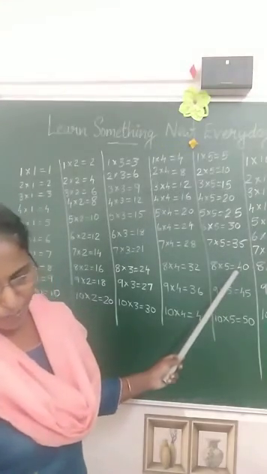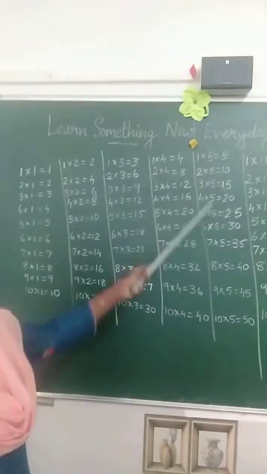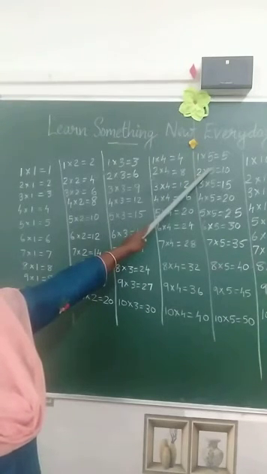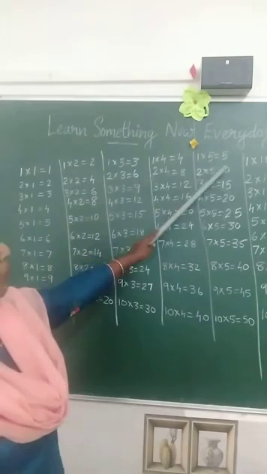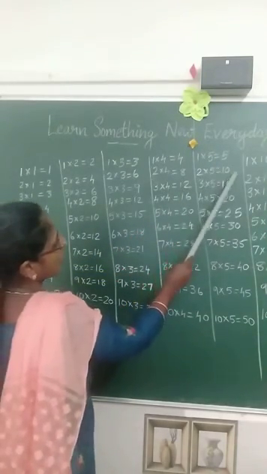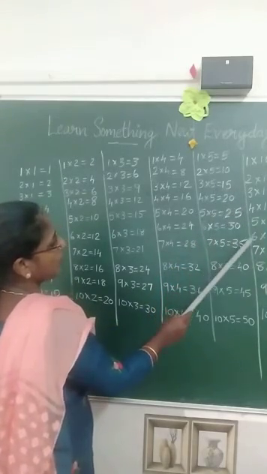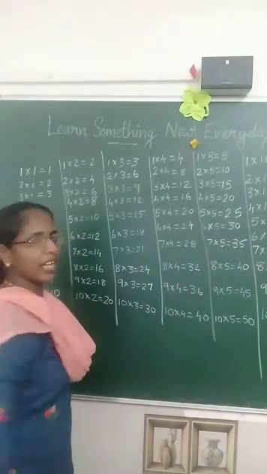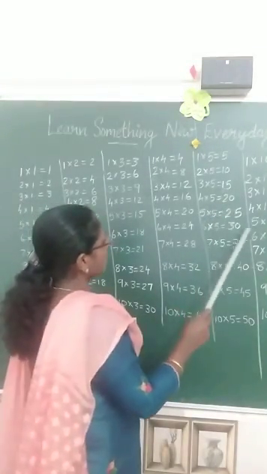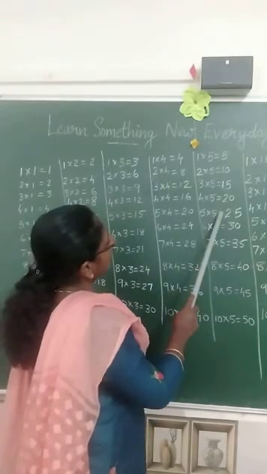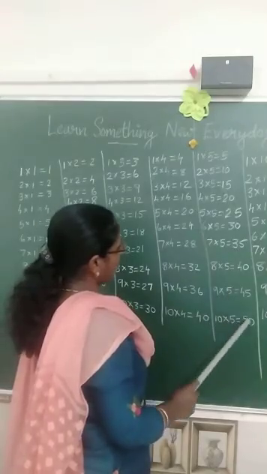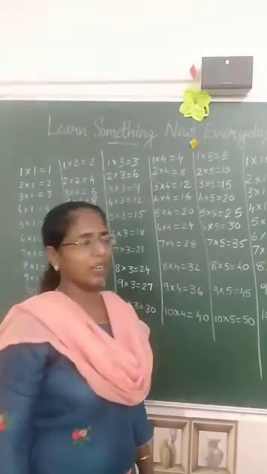Okay. So, when we multiply a number by 5, the answer has 0 and 5 in one's place. You can see 5 0 5 0 5 0 5 0 5 0. Like this, in one's place it comes 5 0 5 0 5 0 like this. And here you see first the tens digits 1 1 2 2 3 3 4 4 5. Like this it will come.